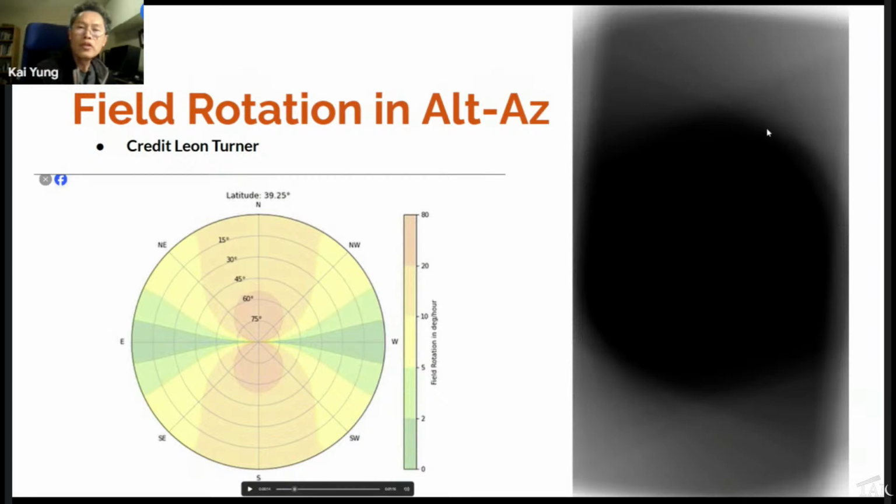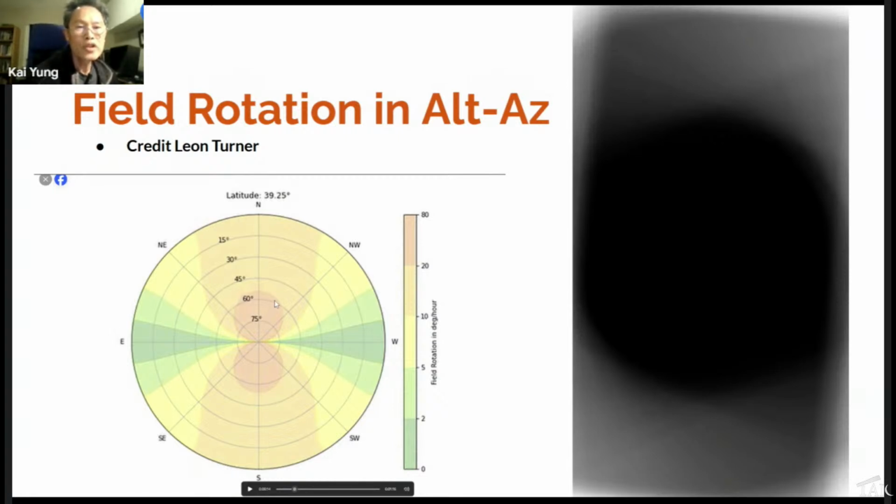Because the sky moves, it doesn't really track like in normal equatorial mode. So the image itself is pretty nice in the middle, but at the edges there are a whole bunch of field rotation artifacts. So when you try to image a target with a pretty big field, the outside is all messed up.